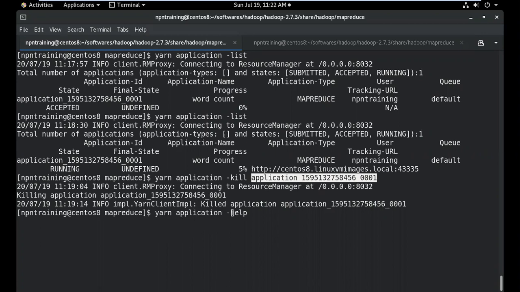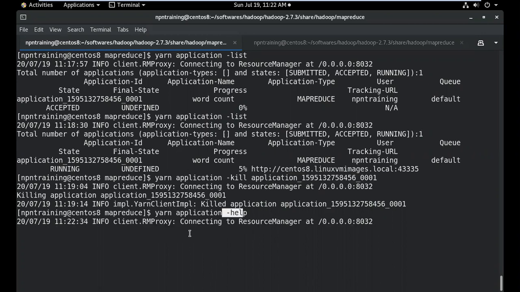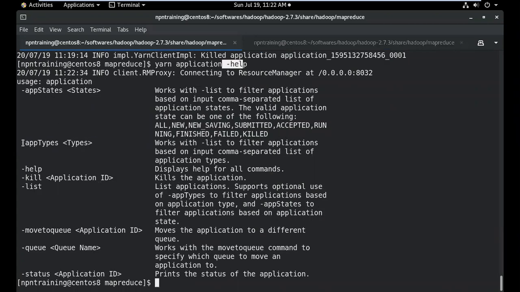When you do yarn application -help, you get one important thing called app states. What this app states will do is, if you want to list all the applications with yarn application -list, I want to list all the applications but whose app state is finished.